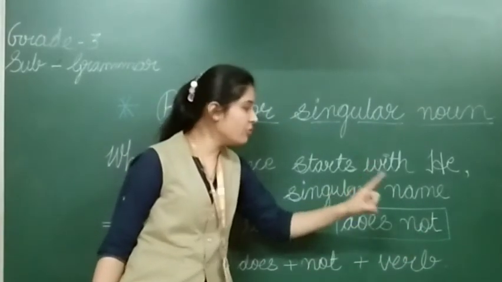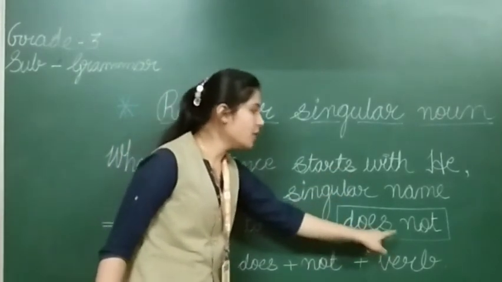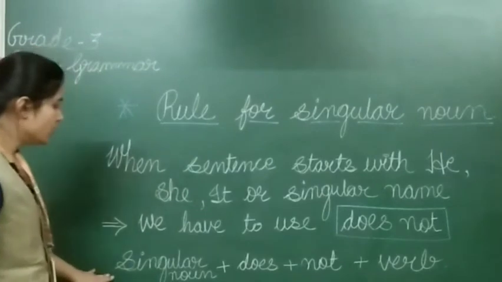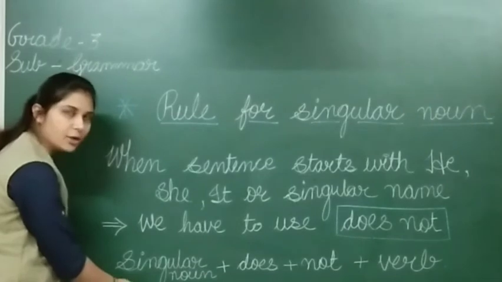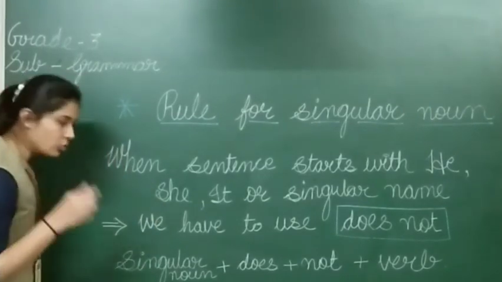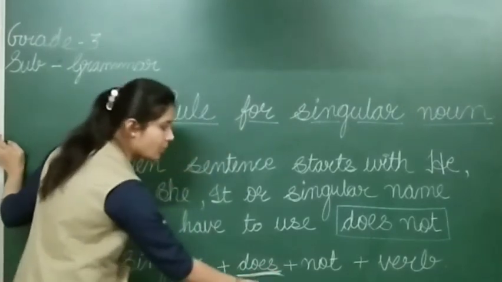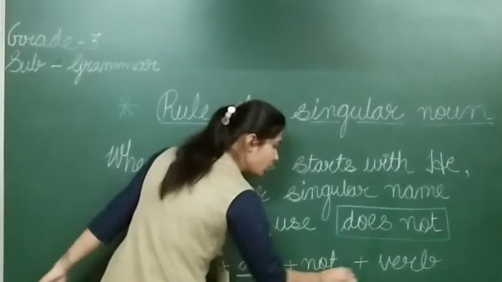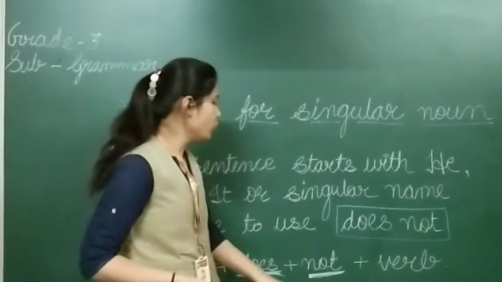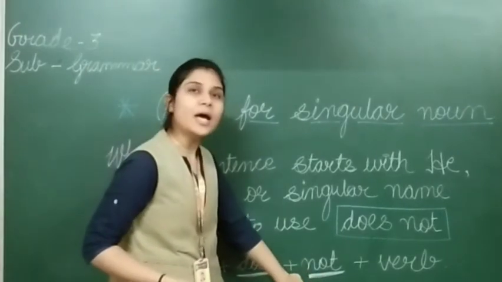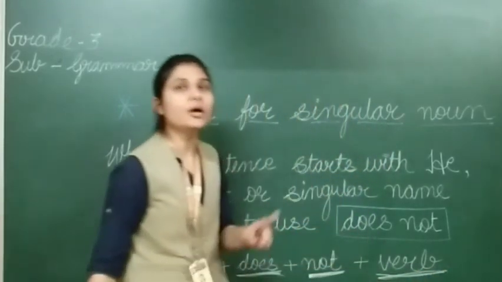Right? Means in singular we were using the S form of the verb. Here also the same rule will be applied. Does not. Now this is the structure. How will you write? First, only the singular noun we have to write. जो singular noun क्वेश्चन होगा, that only we have to copy down. Plus not. Why are we writing not? Means we have to make it negative. So for negative we have to add not, not plus verb. Don't forget to add the verb.